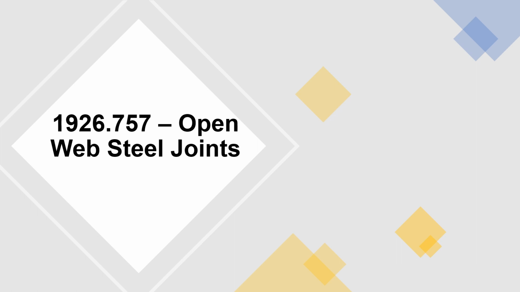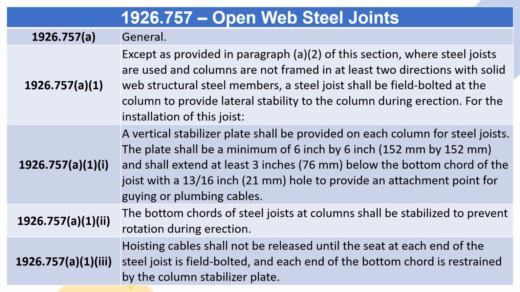1926.757 Open web steel joists. 1926.757 A. General. 1926.757 A1, except as provided in paragraph A2 of this section, where steel joists are used and columns are not framed in at least two directions with solid web structural steel members, a steel joist shall be field bolted at the column to provide lateral stability to the column during erection. For the installation of this joist, 1926.757 A1 I through